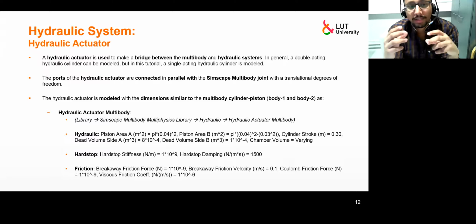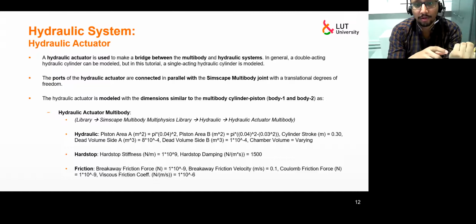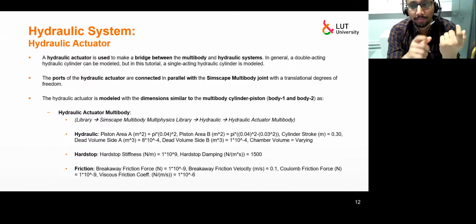So basically, we will define hydraulic actuator where the dynamics of the hydraulics are computed and the resultant force will be fed into the joint of the multi-body system. So basically joint 2, which is a prismatic joint,